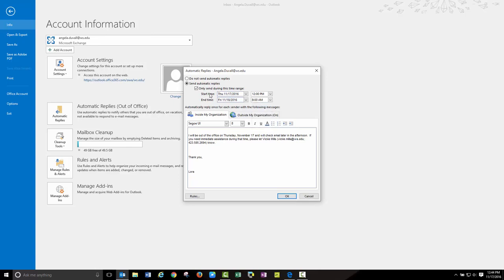So we have a start time of today at 12 p.m. and end time of tomorrow, Friday, November 18th at 8 a.m. So this will turn off automatically at 8 a.m. tomorrow morning. Now, what I like to do is look at my inside my organization and outside my organization auto